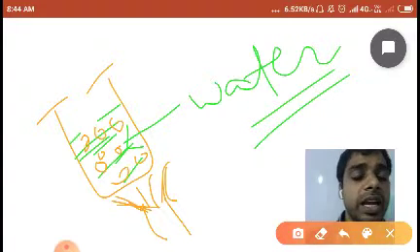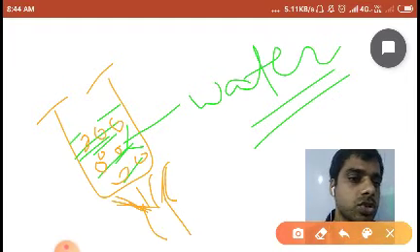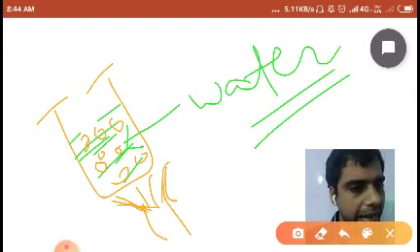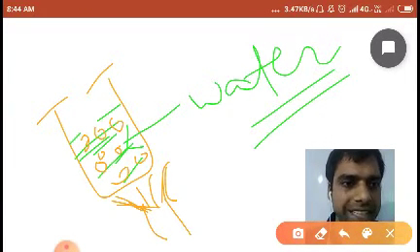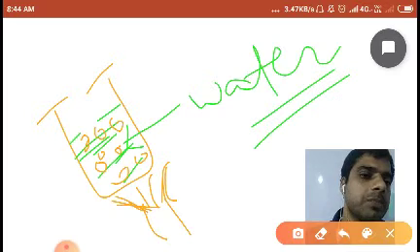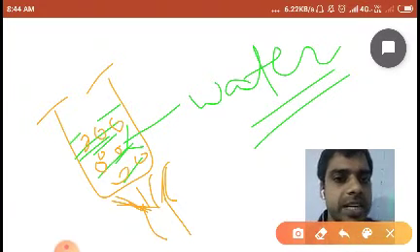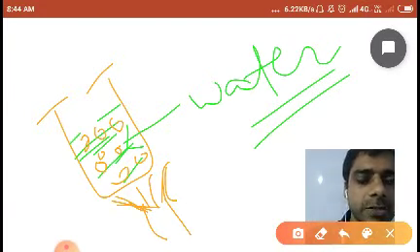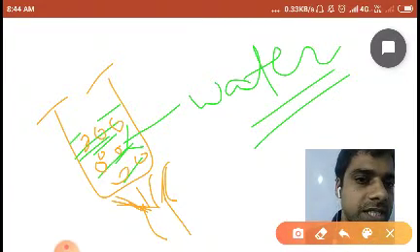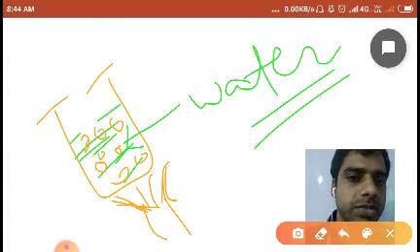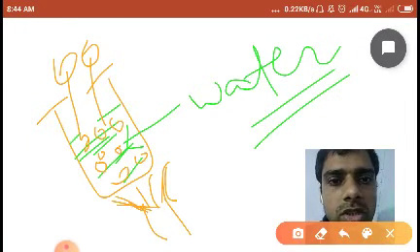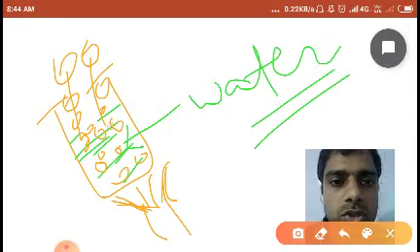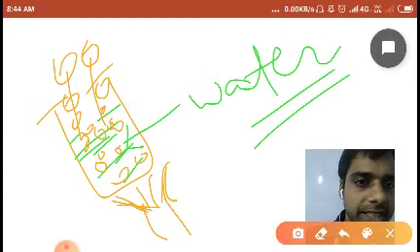What effect will it produce on the solubility of solid in liquid? You know that solubility will increase. How will it increase? What is the chemistry behind it? As you know, dear students, when the temperature increases, increasing temperature will widen the interparticle space, and as it widens the interparticle space, we can add more solute into it. So we can say solubility will increase in that case.